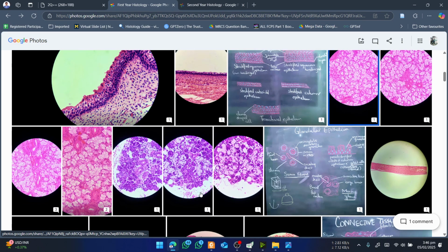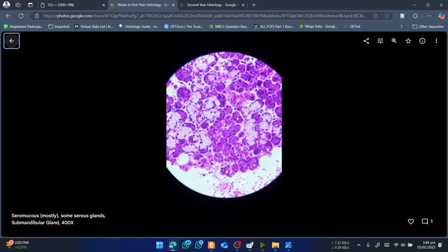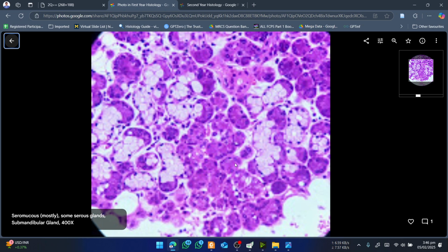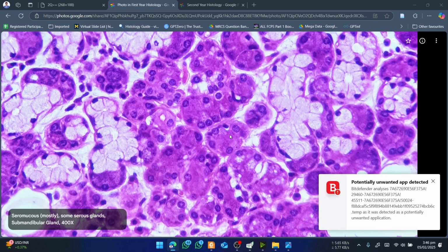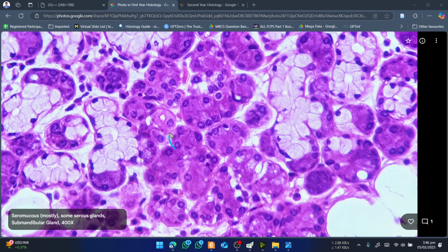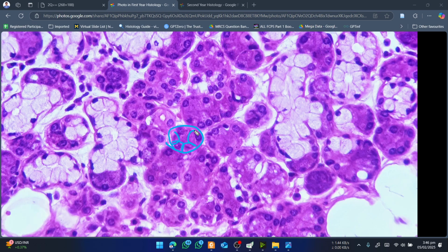you can compare it with the serous gland right here. And I know I have picked very clear pictures. You may not be getting that much clear picture, but you will be able to see the difference. And here you can find out this is serous acinus, and these are the cells that are present, and these are very well stained as compared to that, and nucleus that are present. And last but not the least, the